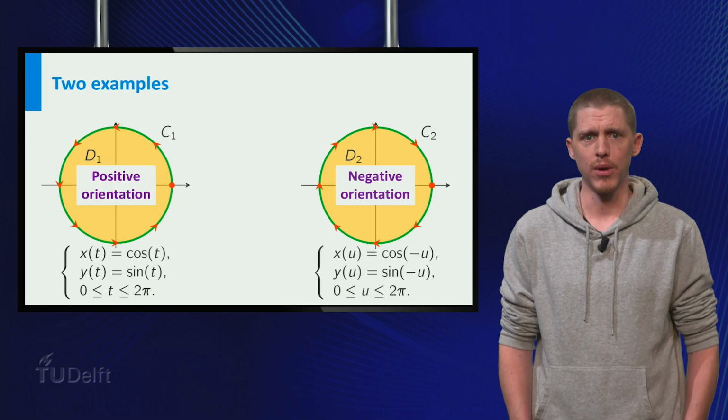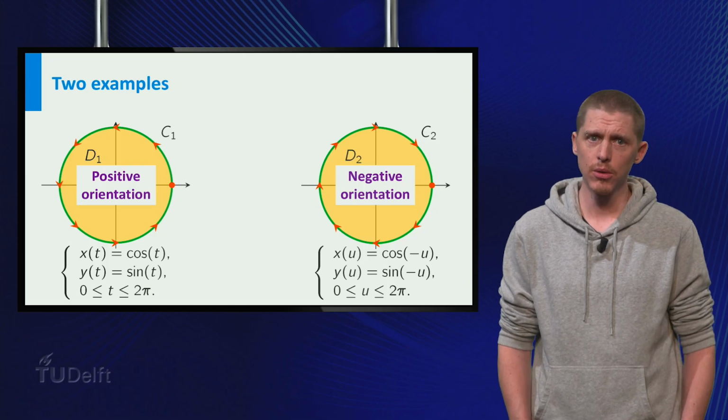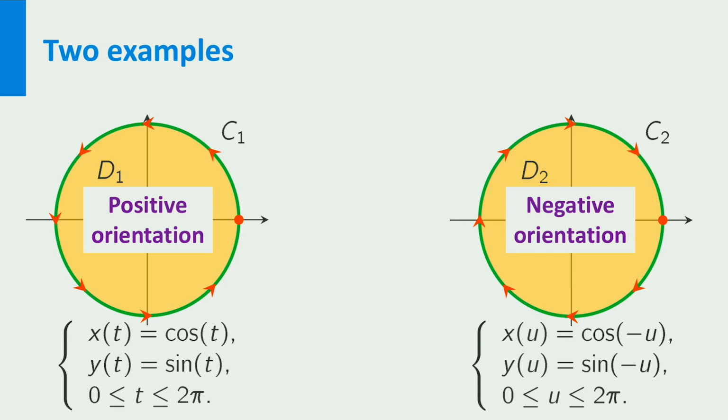So we must conclude that the parametric equations of a curve define whether a curve has a positive or negative orientation. But how can you determine this if the closed curve has a harder shape than a circle? Well, for this we can take a close look at the two circles. Think of standing at (1, 0), the starting point. If you are walking counterclockwise over the circle C1 on the left, the plane region D1 is always on your left. If you, however, envision yourself walking clockwise over the circle C2 on the right, the plane region D2 is always on your right.